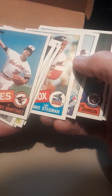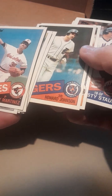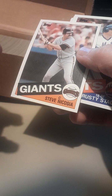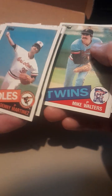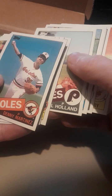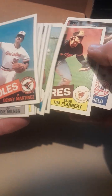Denny Martinez, Eddie Milner, Mike Warren, Pete O'Brien, Glenn Hubbard, Stegman. This is 99 through 169. Jimmy Key, Howard Johnson playing for the Tigers, and that is his rookie second. Technically, yes, second going on third year. Rusty Staub, Warren Brewster, Greg Pryor, Mike Walters, Bob Lillis, Al Holland, Carmen Castillo, Larry McMillans, Tim Flannery,